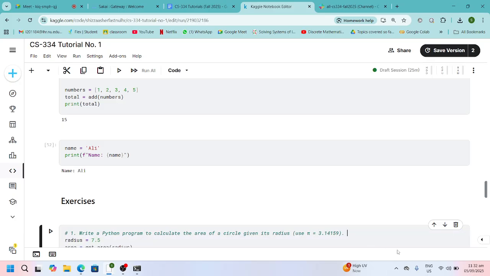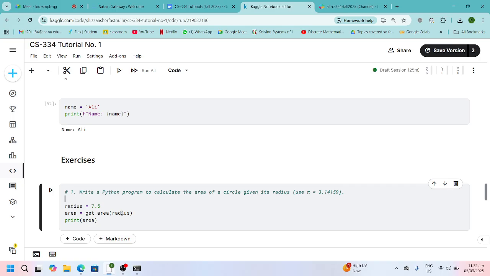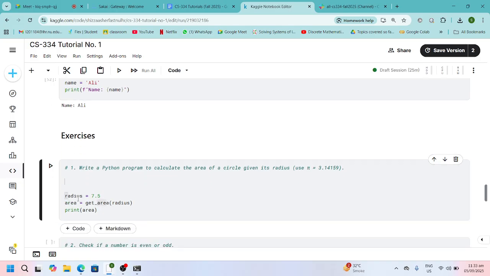Sadly, I left the solution right over here, but this is what I need you to do. We are going to write down a function get area, and this function will be passed one thing, radius, and we want this function to calculate the area of a circle with this given radius. We can use the value of pi as